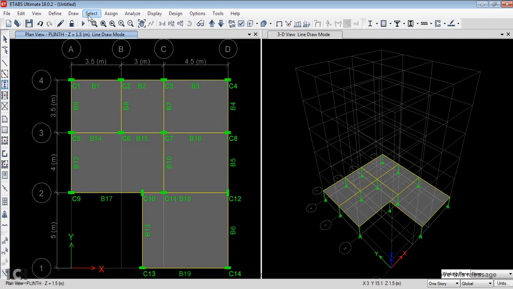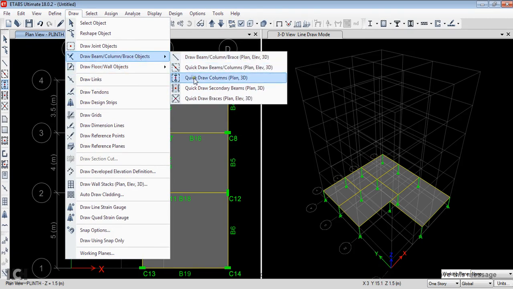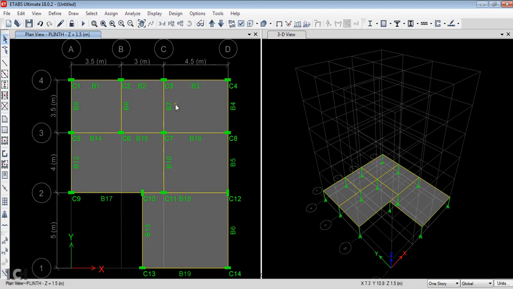If you go for Draw Beam Column, the next step is that I have drawn beams and columns everywhere, but in some cases I want to overwrite. I have already drawn an object, but somewhere the beam length is more, so I had to overwrite the existing cross section.